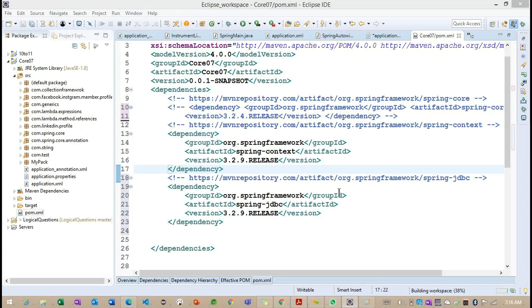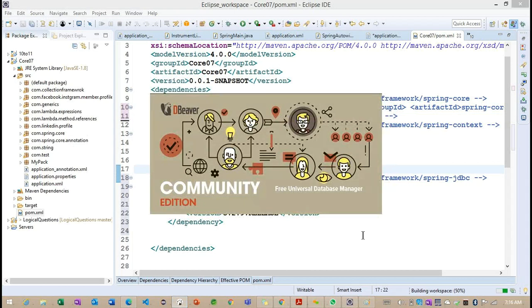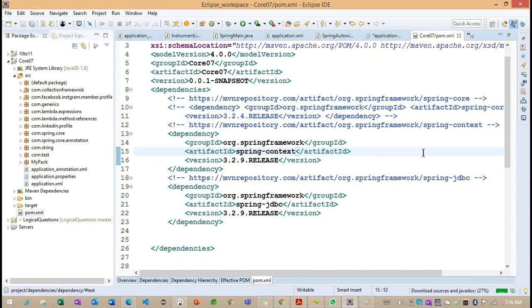The configuration is the same for any database, whether you are working on Oracle, MySQL, or Postgres. Getting the point? In my system I installed the Postgres database, so I'm going to connect to Postgres. If MySQL or Oracle is installed in your system, the same configuration works; only the URL, username, and password will change, and the remaining code is the same.